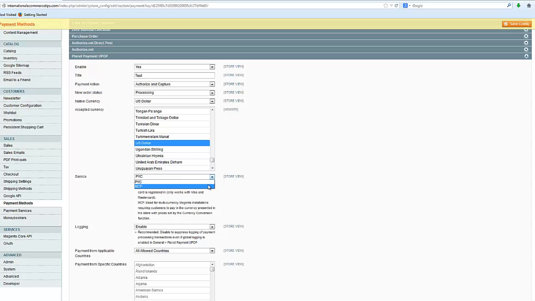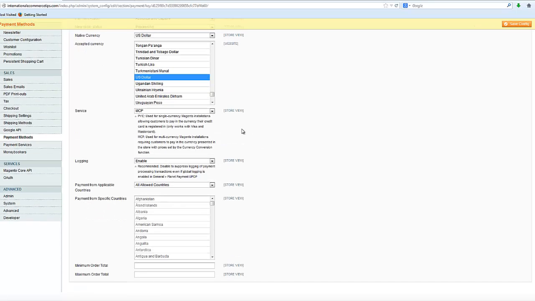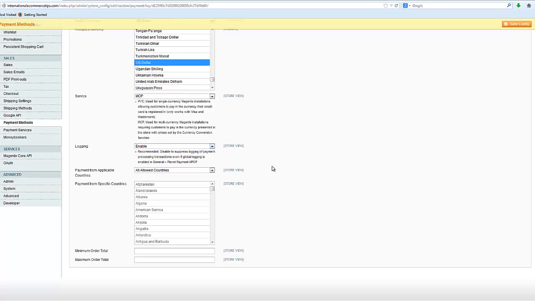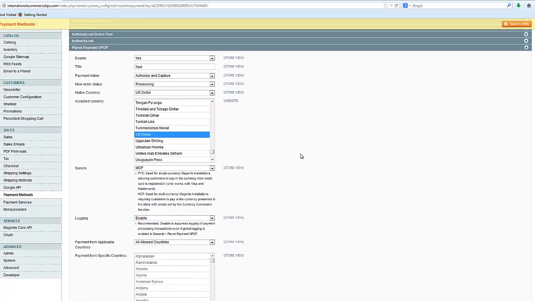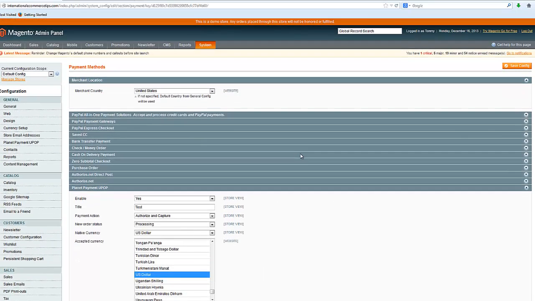I need to change this service to MCP, because that is the service that this extension works with. Logging is set to enable by default, and I've just left this at all allowed countries. So these two screens are really the only things I need to do to start collecting payments for China UnionPay. Now I'm going to save the configuration,